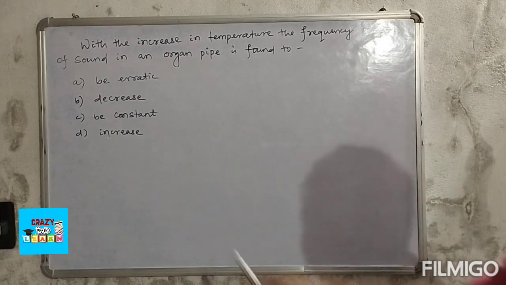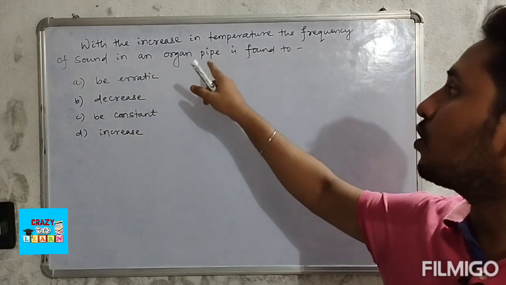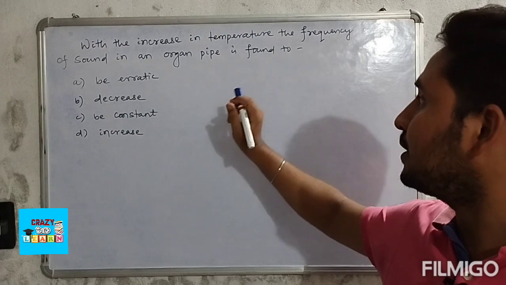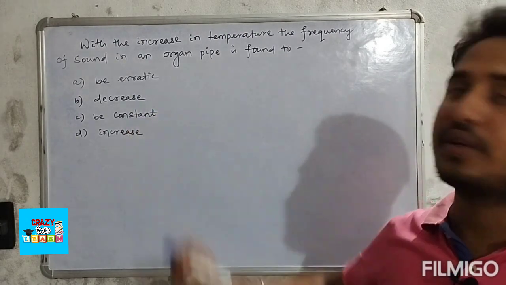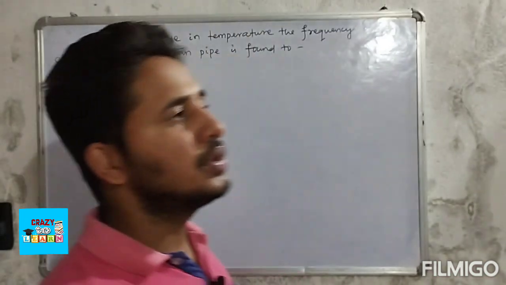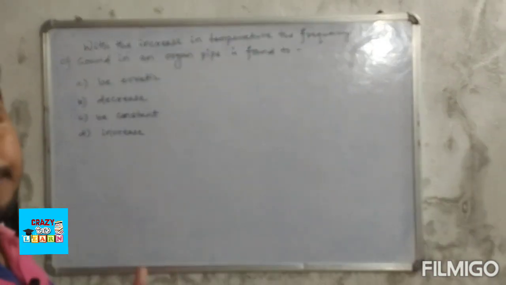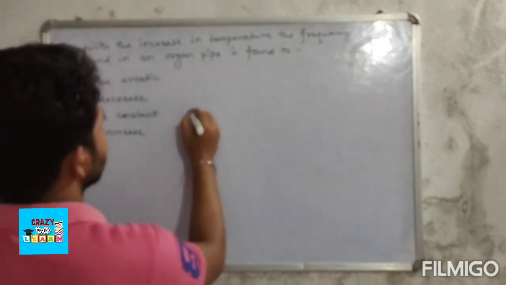Our next question, with the increase in temperature, the frequency of sound in an organ pipe is found to be erratic, decrease, be constant or increase? So what will be the answer? It is direct. You have to remember how the different factors affect the frequency of a wave in an organ pipe. I am writing here how the factors